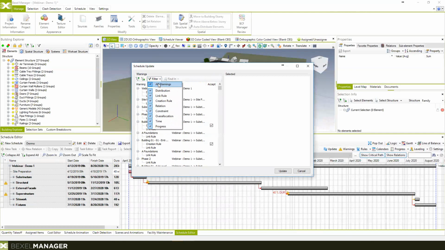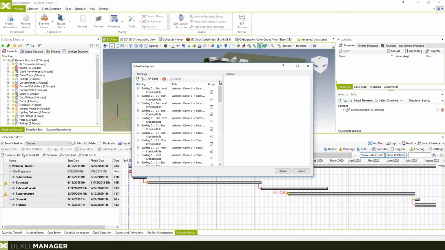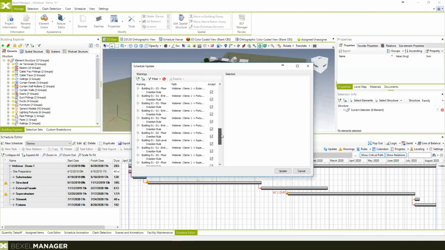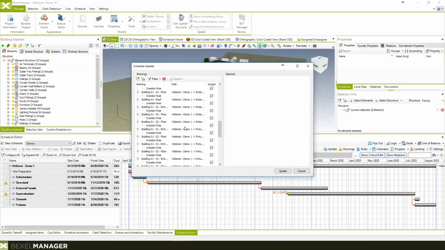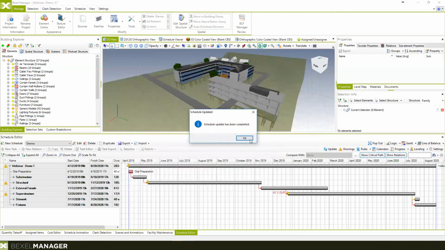If we go to filter creation rules, we see all these activities will be created again. Most of these activities we didn't have in the previous schedule because they are applied to the new building model elements and new levels of mechanical works. So when I hit update